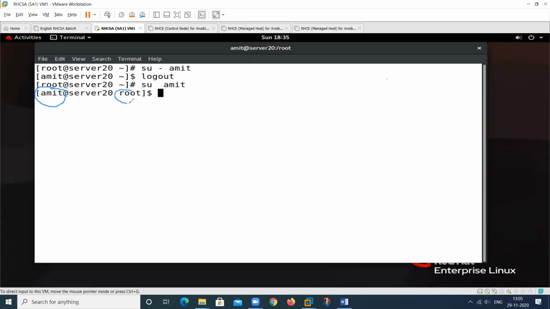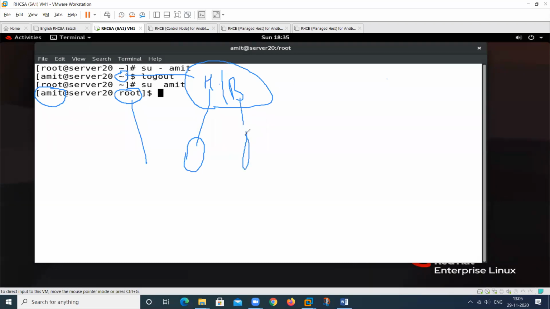But here you can see, earlier when I logged in, this sign will be changed. This indicates the home directory. It means this user goes to its own home directory and finds the bash, both. But in the other case, it does not use its own home directory and does not use its own program.